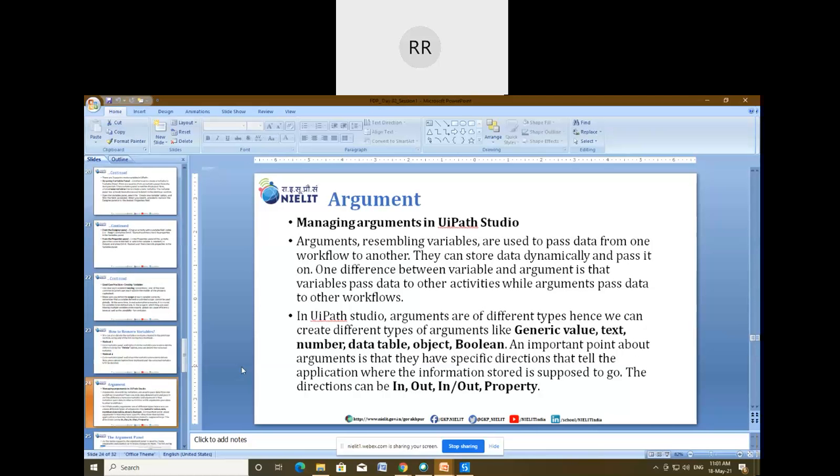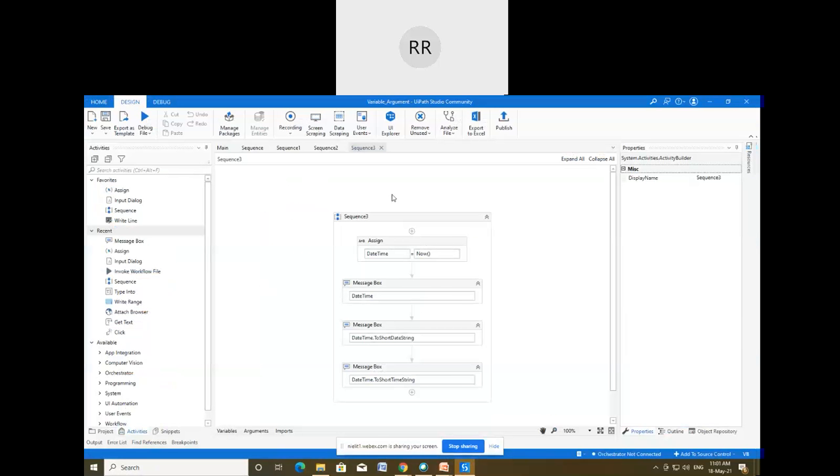One more thing, I forgot to explain about the variable. Just let me show you. So this is our variable. This is one example where we have created one variable with the name date time. So variable is basically used to store the data provided by the user as well as provided by somewhere else. In this case, that data is provided by the system itself, and we are getting it with the help of the now function. So this now function is fetching the current date and time, and that is being stored in this date time variable.